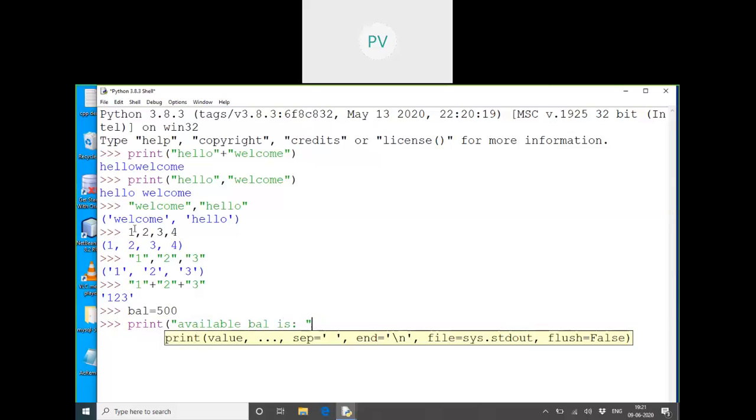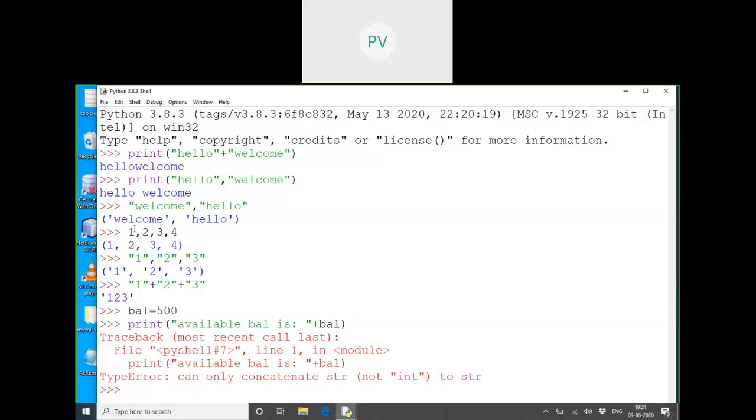Concatenation. Because with comma it becomes a tuple, so I want to concatenate, but this gives an error because the left side one is the string and the right side one is an integer. So if I want a message with a combination of string and an integer, I cannot use the concatenation operator. For that, we have to convert the balance into a string format.